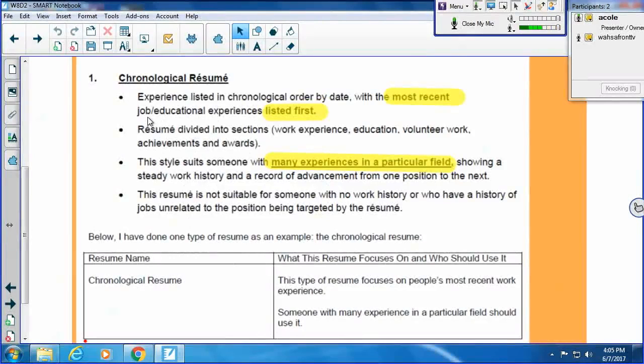This style suits someone with many experiences in a particular field, showing a steady work history and a record of advancement from one position to the next. This resume is not suitable for someone with no work history or who has a history of jobs unrelated to the position being targeted by the resume.